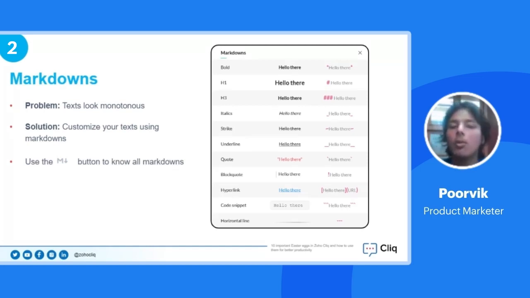If you want to see all the markdowns that are available in Zoho Cliq, at the end of the chat at the bottom right, you can see the button which says M with the down arrow. If you click on the button, it'll display a pop-up image with all the markdowns that are available for you. You can use them if you want. The next one